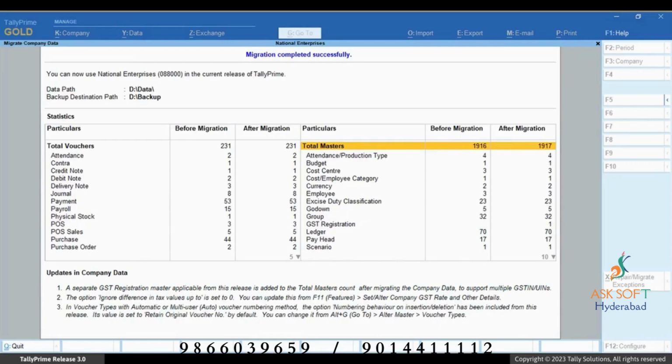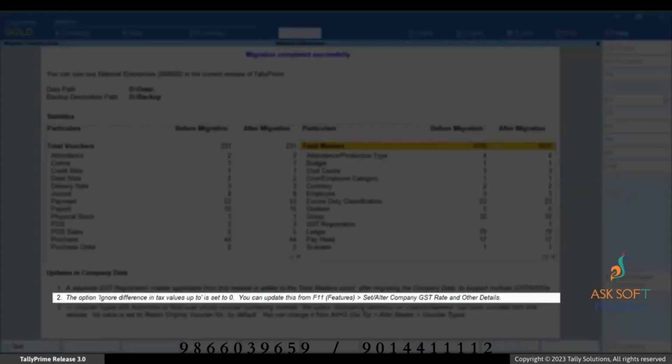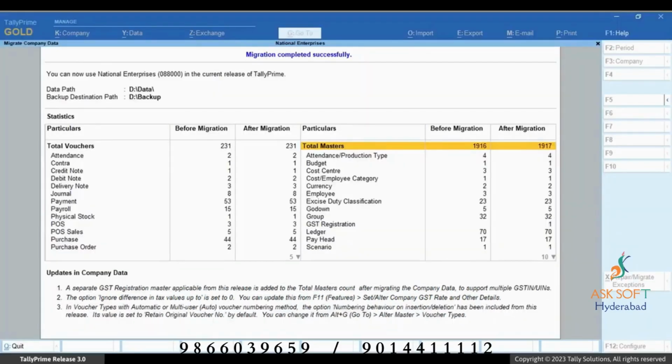Now, in TallyPrime Release 2.1 or earlier, you must have configured your GST reports to ignore a certain difference in tax values, which can occur due to rounding off and other reasons. However, the option Ignore Differences in Tax Value is set to 0, which you can update under F11 after migration